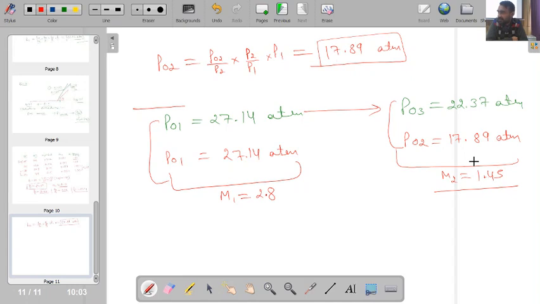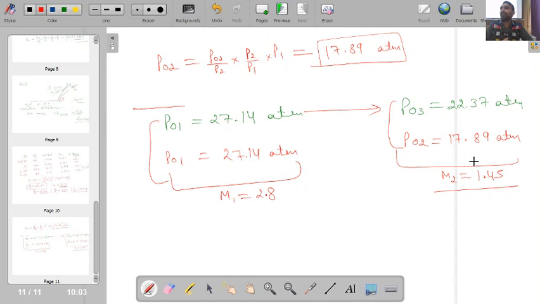Is this point clear? If you use a single shock wave to achieve this, then you will be having more loss of pressure. So the many outcomes of this are, if you have a scramjet engine,